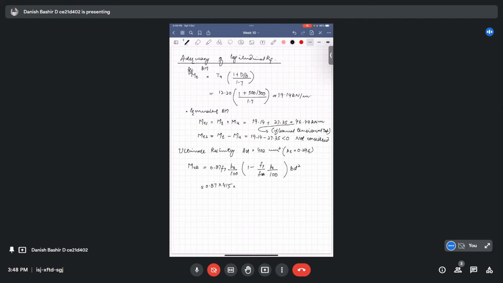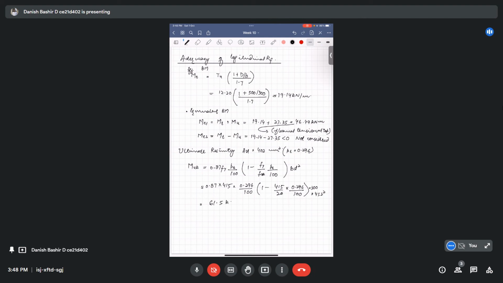So 0.296 divided by 100 into 1 minus 415 divided by 20 into 0.296 divided by 100. b we calculated is 300, d is 452 square. Okay, when you calculate all this you will get a value of